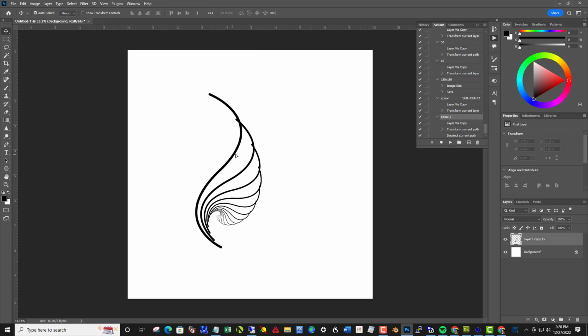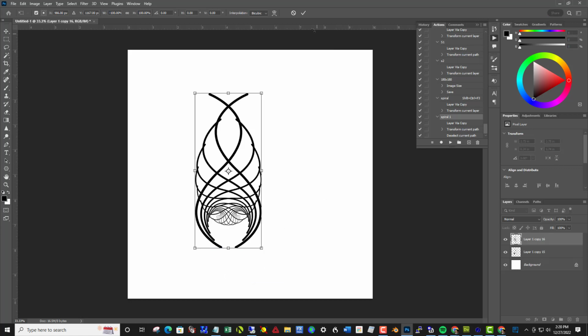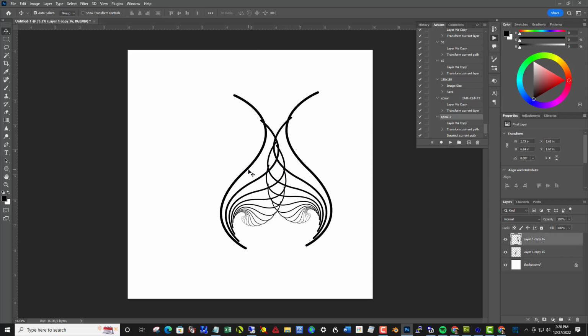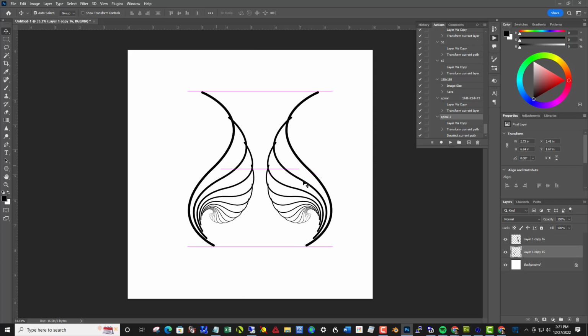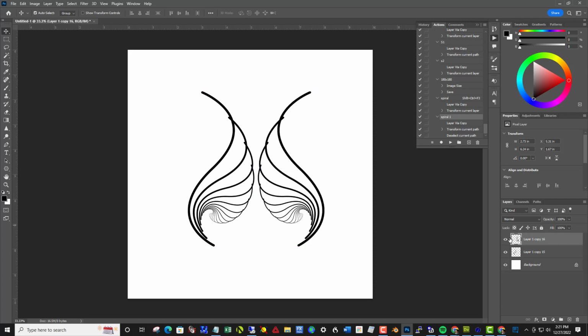and I can Control J it, Control T, and flip it horizontal. And if you like the way this looks, you can hold Shift to merge two of these together or link them, and then center it up and save it. If you want to separate them, click away and click on one of them and move it and explore the way these can interact. Okay. And if you'd like to do a mirror to that mirror,